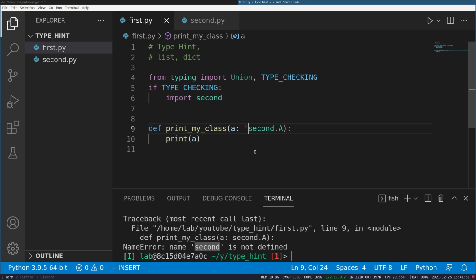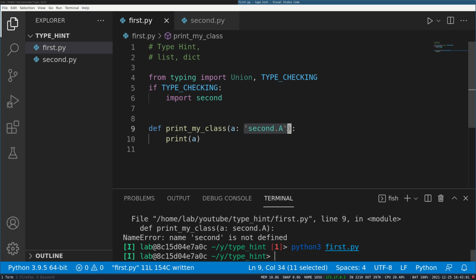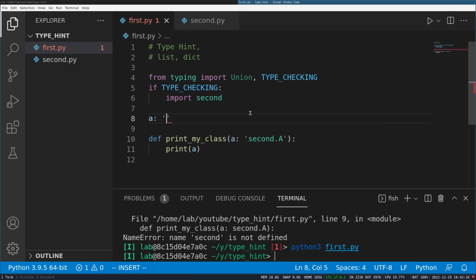To get around that, I can make it a string. So the IDE still knows that second is a module and A is a class, but when I'm running this, it is a string. So it won't tell me that second is not defined because this is a string, right? So this is one of the features that you can type hint things using the string annotation.